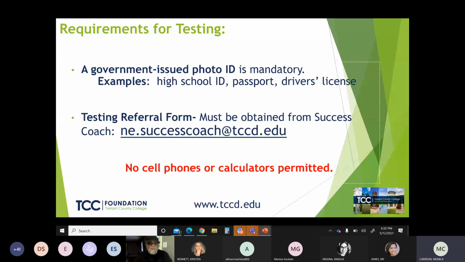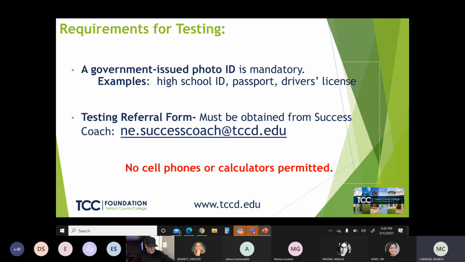Okay, so what do you need for testing? You'll need a form of ID: driver's license, student ID, passport, your visa, whichever government photo ID you have works. And you will need a testing referral form.